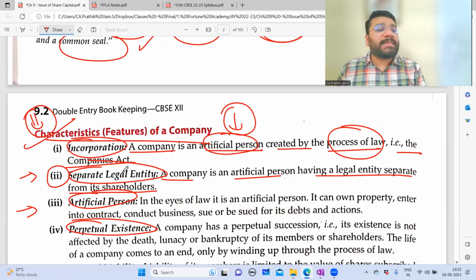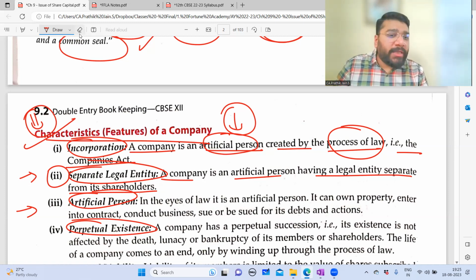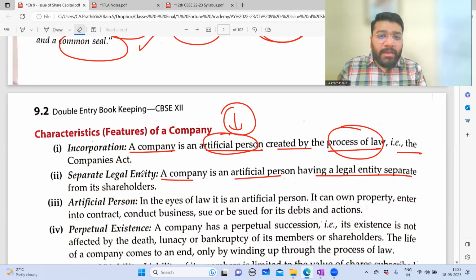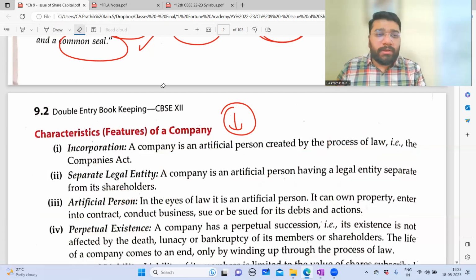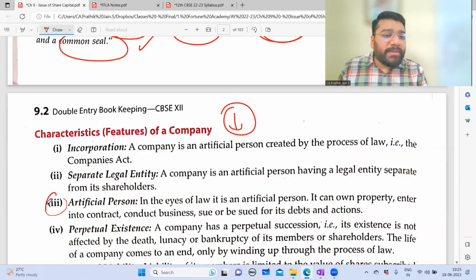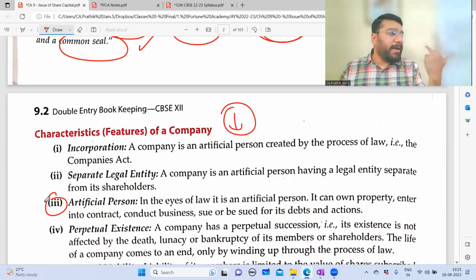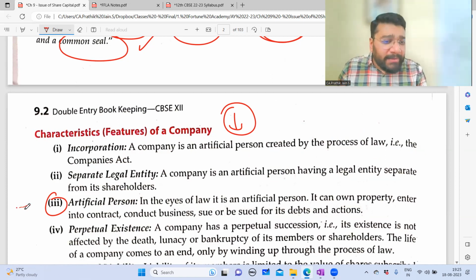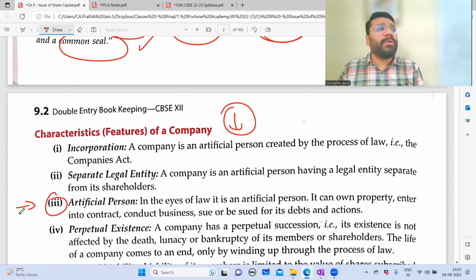The company is called a separate legal entity. The third point is a very, very important point. Please concentrate. Guys, just because this is theory, don't feel that this is easy to skip, that I'll just learn it by heart. By-hearting doesn't make sense when somebody is there to explain the concept behind each and every point. And this kind of in-depth knowledge, it is my guarantee that you will not get anywhere else. How many of your schools explain this point? Perpetual succession. What is perpetual succession?